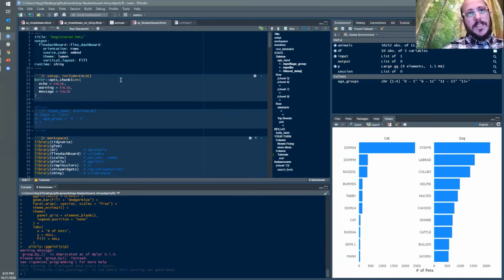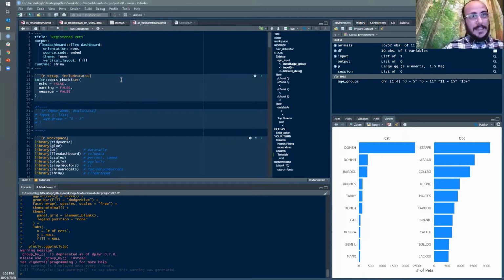Flex dashboards. I love Flex dashboards. I don't know why Flex dashboards aren't more popular. I think the learning curve is so much lower than trying to learn native Shiny, which I was talking about earlier, where you have to create a UI script and a server script. And if you've ever tried looking for help on Shiny, a lot of it, this kind of reactive stuff,